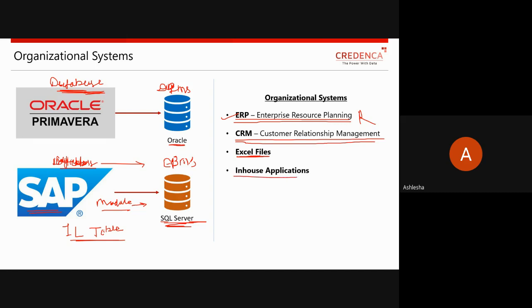Along with that, there are some in-house applications: a particular company has already built its own application, and they use that application to store their data. Okay, so these are the different organizational systems used to maintain data.